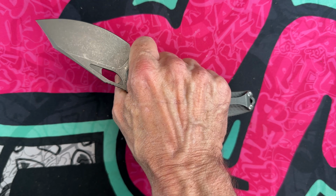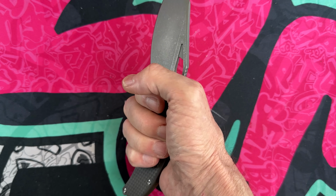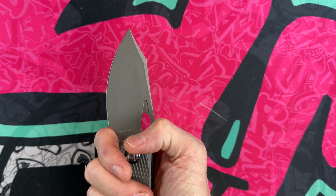The ergonomics of this knife are next level good. Probably some of the best ergonomics in my collection. And in terms of if I was going to go wear out a bunch of cardboard, what would I probably choose to do that with? The Padre might be right up there towards the top. Let me get a piece of paper